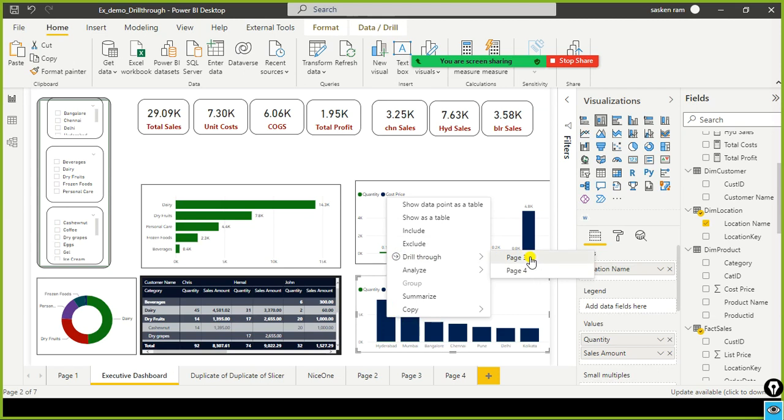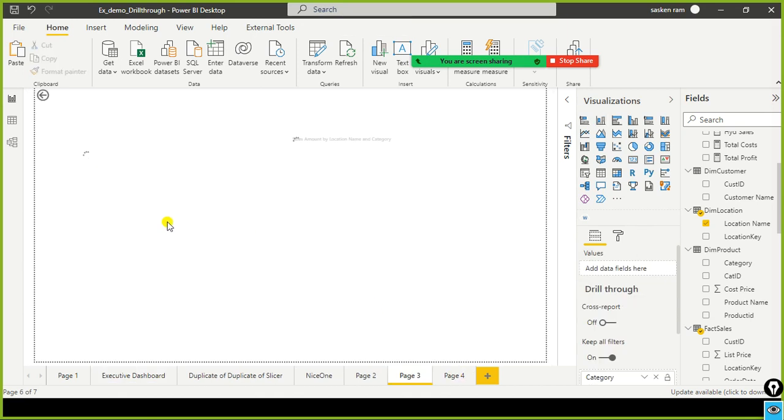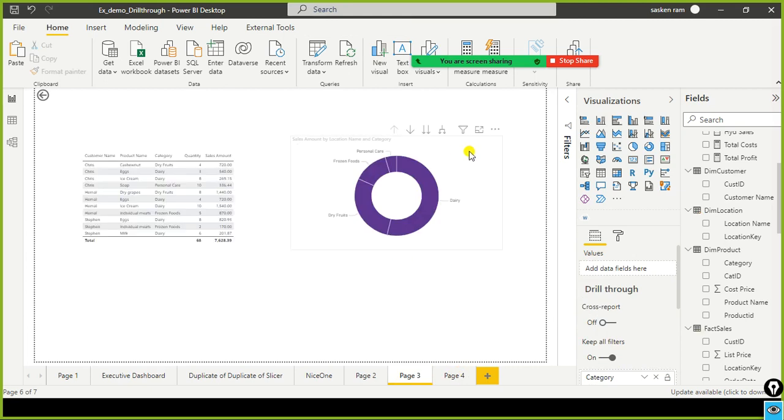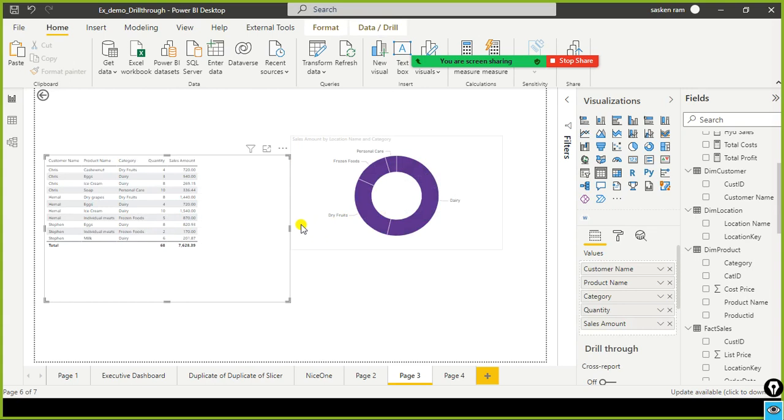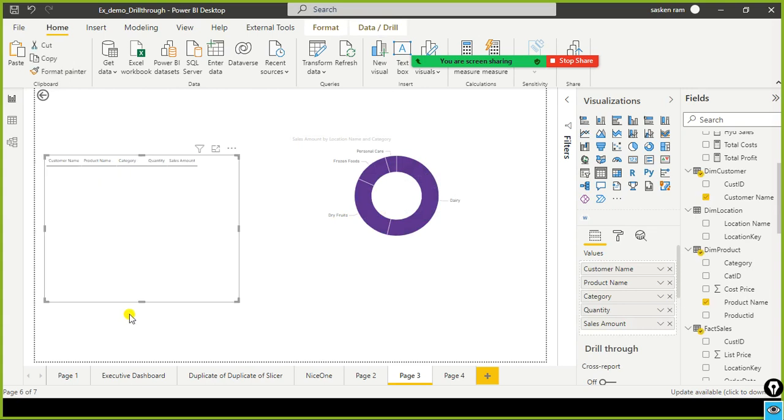If I select page 3, the Hyderabad city will get passed to page number 3. This is my detail page, and it will show the Hyderabad related sales. Along with that, you can see the category wise sales also. If you hover the cursor here, 4091, and this is for your category related detailed transaction.